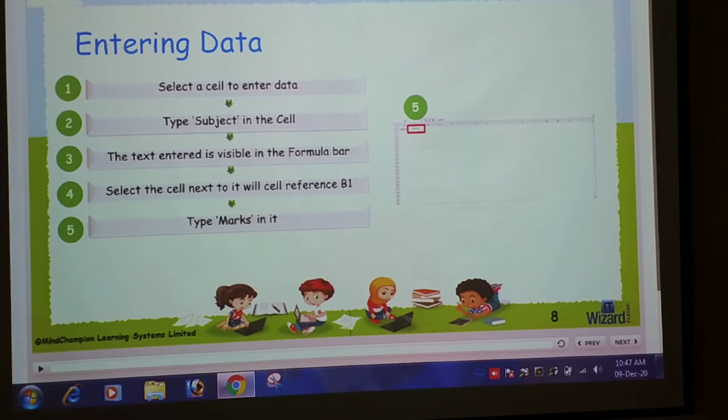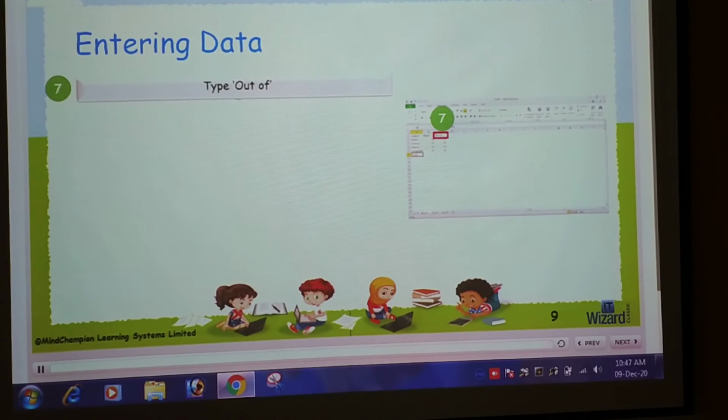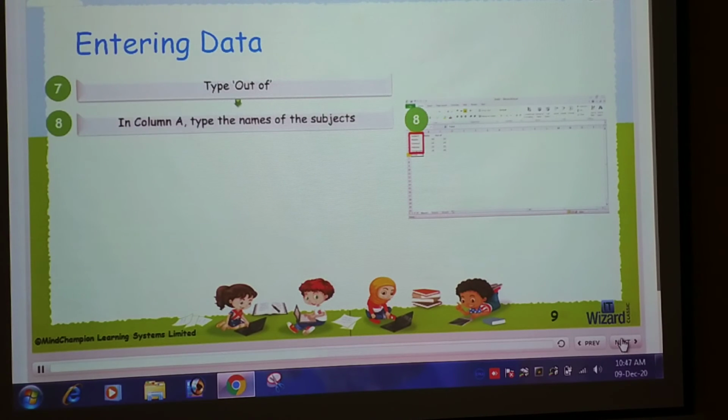Then type marks in it. Then select cell C1. Then type out of. In column A, type the name of the subject.